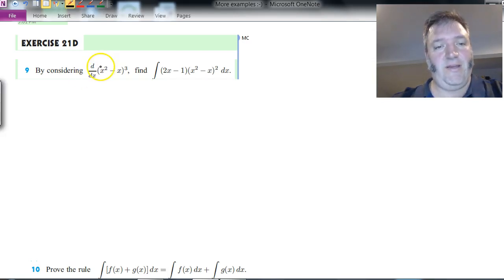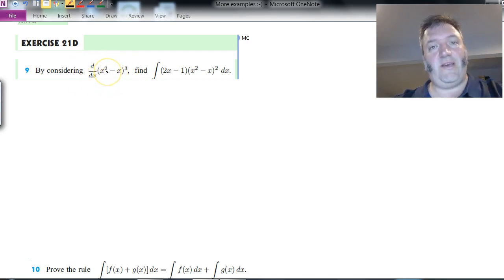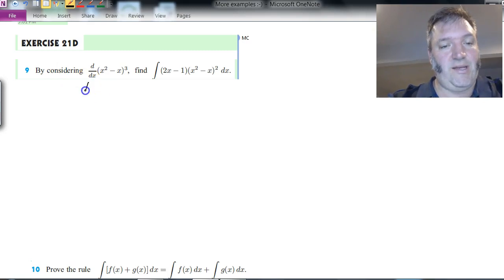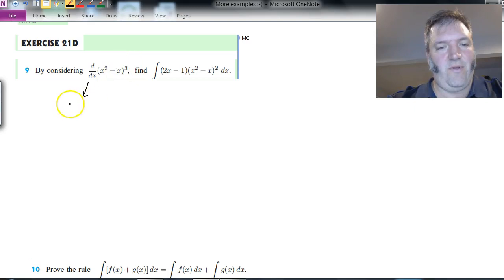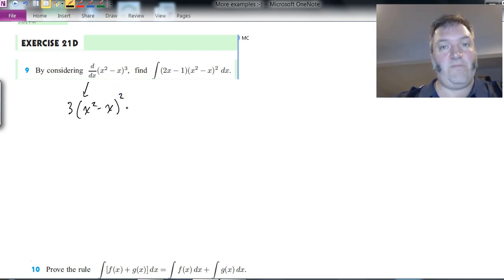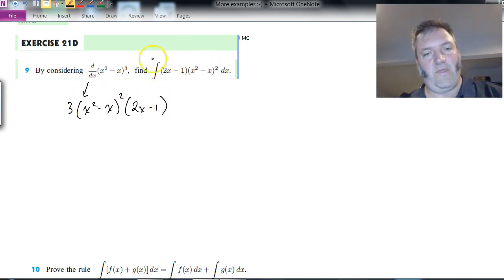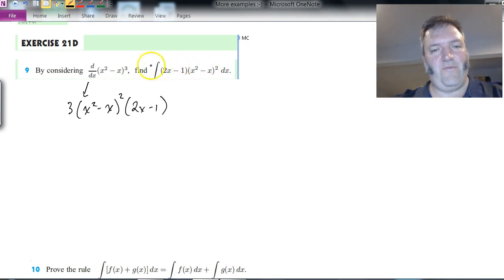The first one: considering the derivative of (x squared take x) all cubed, find the integral of (2x take 1)(x squared take x) all squared. Let's do what they said and consider this derivative. We'd have to use the chain rule: 3 brackets (x squared take x) to the power of 2 multiplied by the derivative of the inside, which is 2x take 1. If we compare that to what they're asking us to do, we've got almost the same thing,